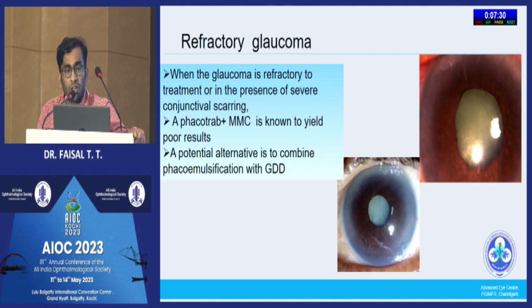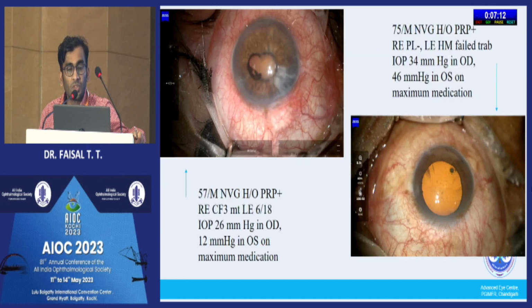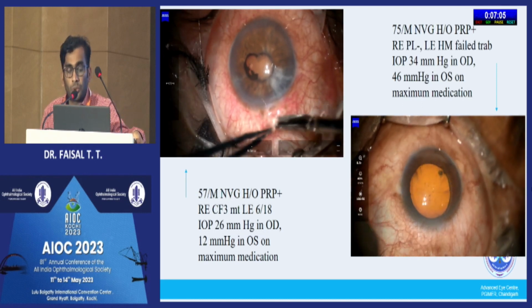So the problem is in refractory glaucoma. What do we do with refractory glaucoma along with a cataract? One can do a phacotrabeculectomy and MMC, but it is known to give poor results in refractory glaucoma, mostly in secondary glaucoma especially. Another potential alternative is to combine phacoemulsification with a glaucoma drainage device. So I'm showing, after a good thorough workup as we do routinely in the clinic,